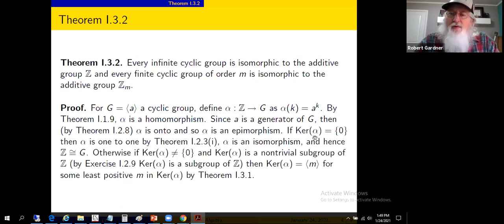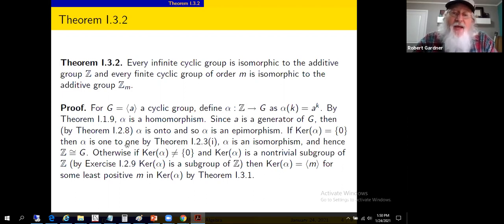Let's look at the kernel of alpha. If the kernel of alpha consists only of 0, then alpha is one-to-one, alpha is injective. Theorem 1.2.3 part 1 says exactly that. So if we want to check one-to-oneness, injectivity, then we can look at the kernel. If the kernel consists only of the identity in whatever group we have here, it's the group of integers. Alpha maps the integers into G. So if the kernel consists only of the identity in this group, which is 0, then we have a one-to-one